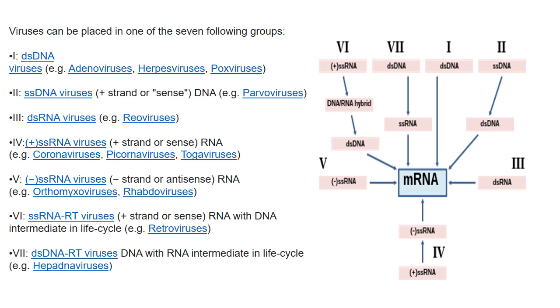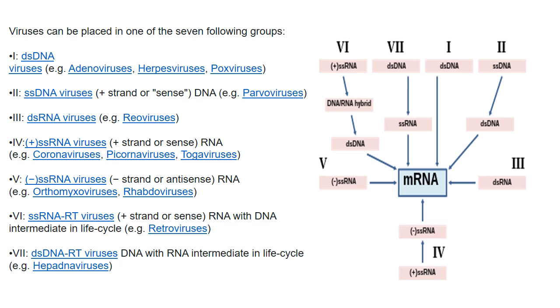An example is reoviruses. Class 4 is positive sense single-stranded RNA viruses. Examples are coronaviruses, picornaviruses, and togaviruses. Class 5 is negative sense single-stranded RNA viruses. Examples include the orthomyxoviruses and rhabdoviruses. Class 6 is single-stranded RNA reverse transcriptase viruses